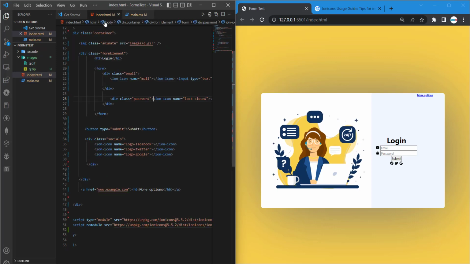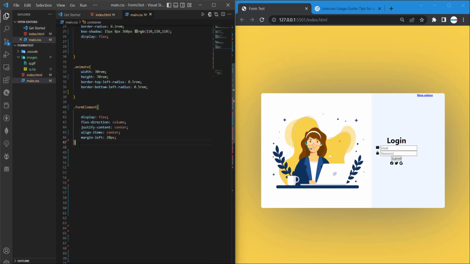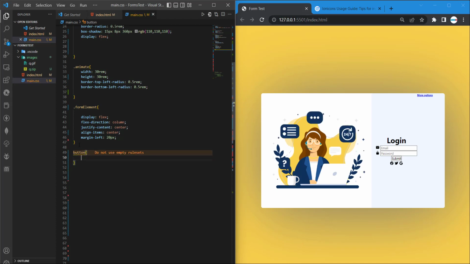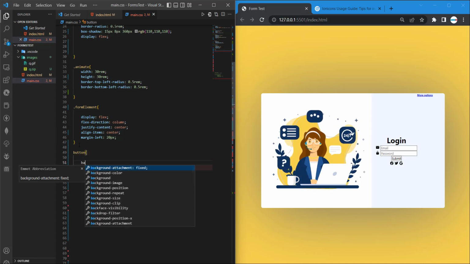So let's work on the button. So the button, I have it as what, submit. Okay, since it's the only button, I'll just use button. Since it's the only button, I'll just use button. And I'm going to give some background color